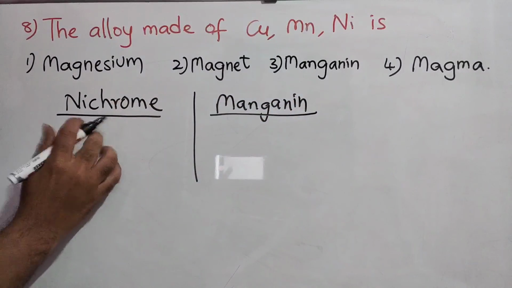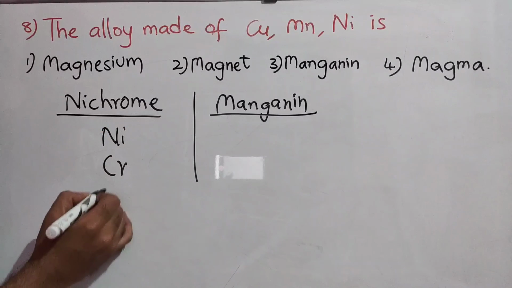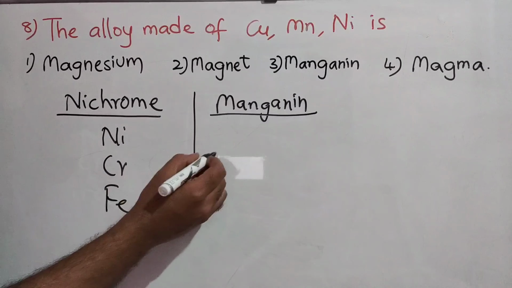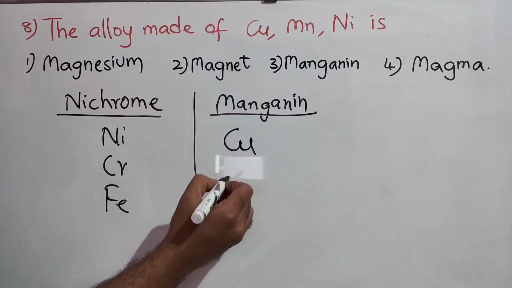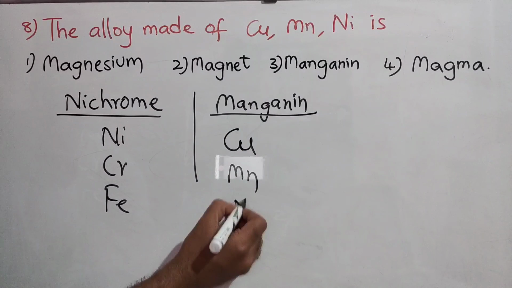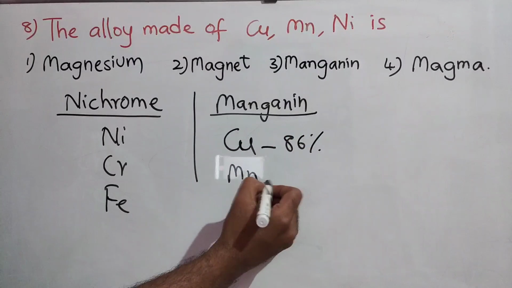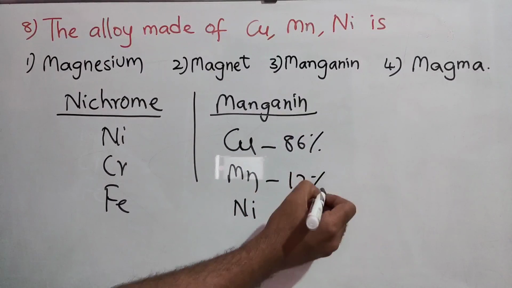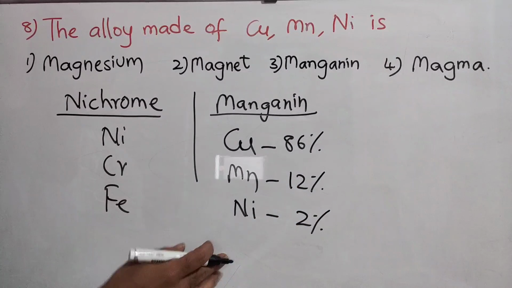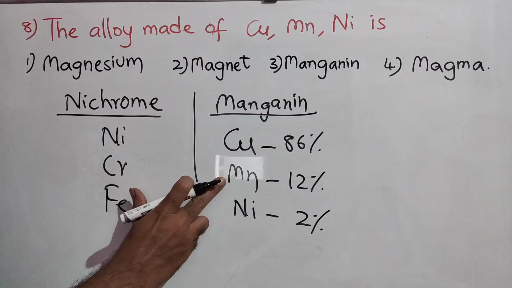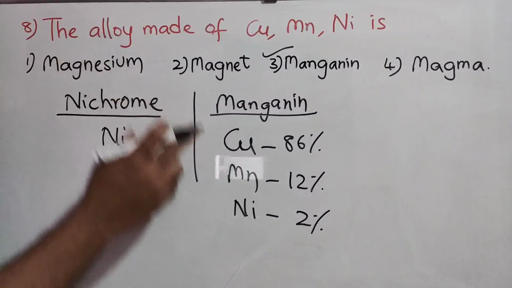Nichrome is an alloy consisting of nickel, chromium and iron, and manganin is an alloy made up of copper, manganese and nickel, where copper is 86%, manganese is 12% and nickel is taken as 2%. So the alloy which is made up of copper, manganese and nickel is nothing but manganin, and the answer for this question is